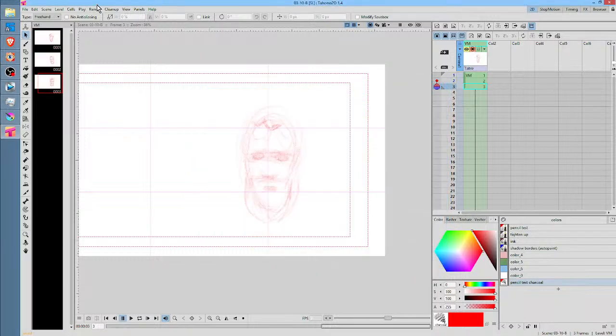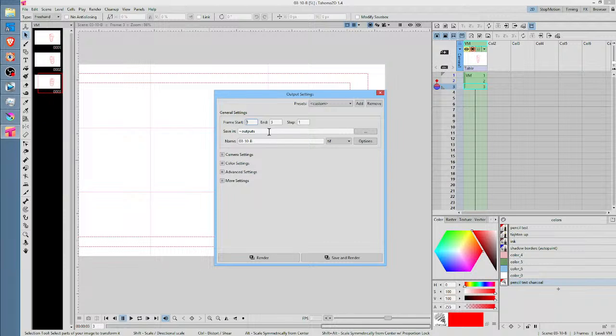Okay? So we save that, but then what we need to do is go to our output settings, and I used to know how to do this. I don't remember how to do it. It's been a couple of years since I've really spent a lot of time with Tahoma, and I don't know how to get it to remember that every single time I create a new scene in this project, I do not want this absolutely nonsensical default for outputs. In fact, what I want is